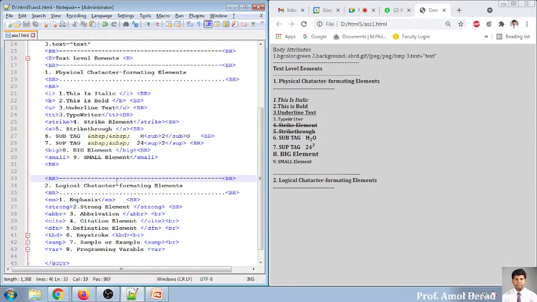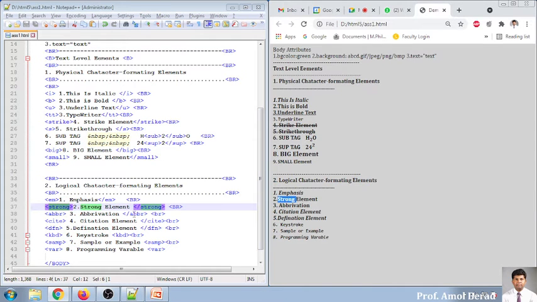I have saved it, and I go and refresh the page, and you will see emphasis will look like this. Whichever text you have written in the strong element will display like this. Whatever you have written in abbreviation will look like this. Whatever you wrote in citation, that is cite, will automatically change the font style.